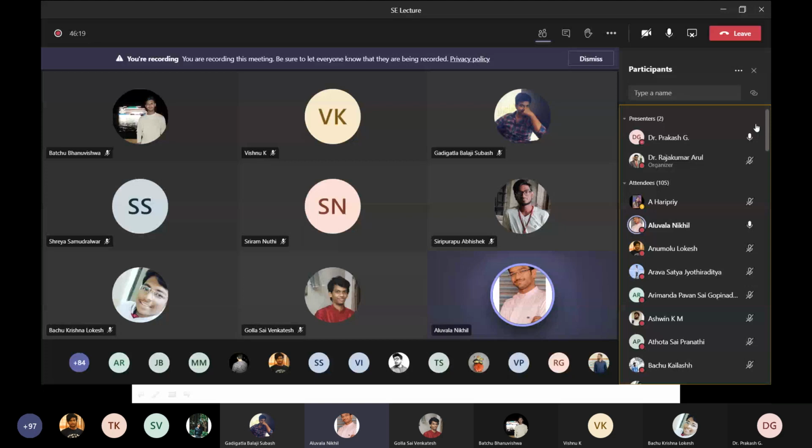Whether the people may be in a specific location or in any location? Any location, sir. If we want to develop an app, it should be available in all the locations.